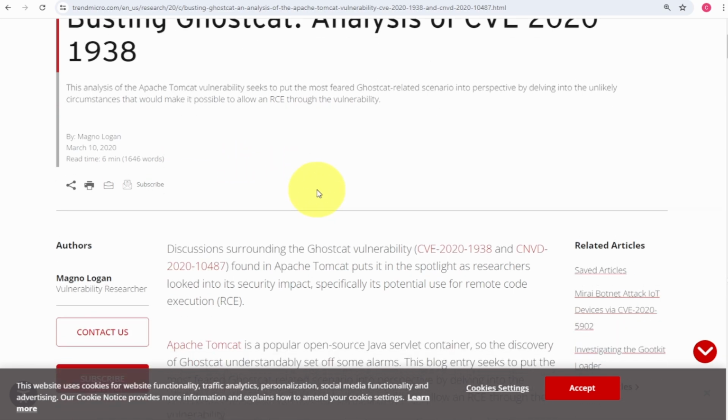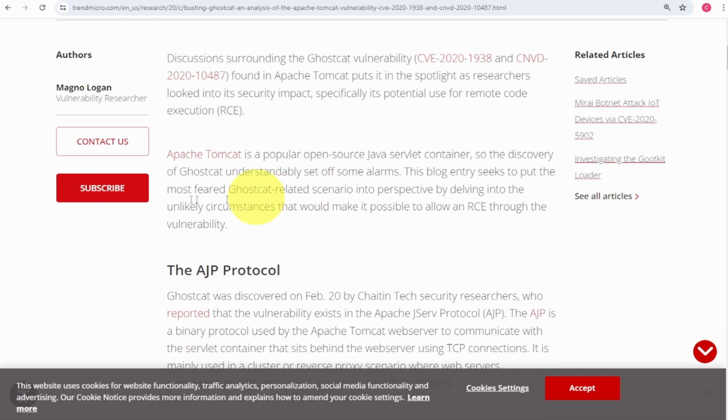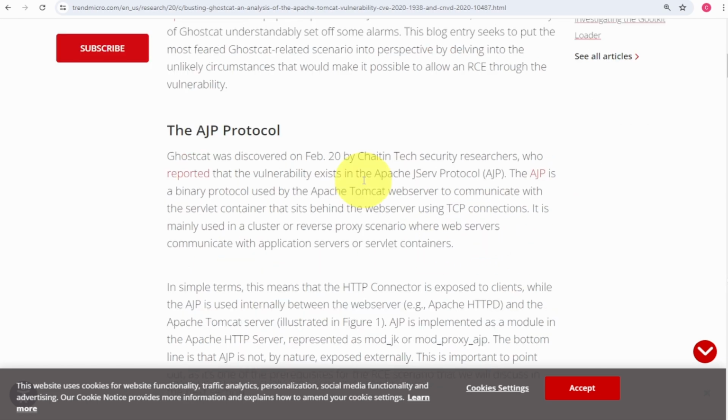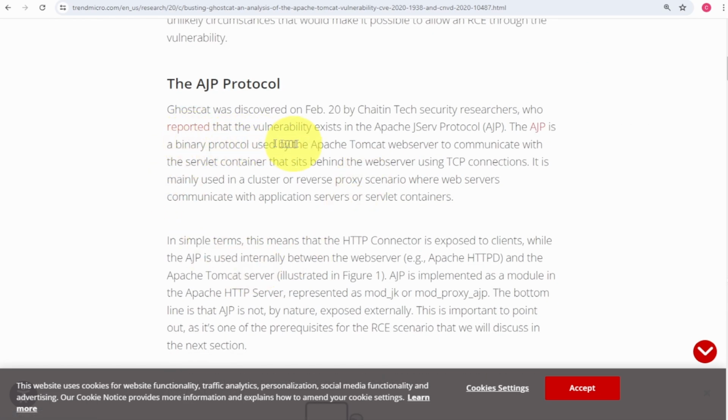Okay, so let's take a look. It says Apache Tomcat is a popular open source Java servlet container. So the discovery of GhostCat understandably sets off some alarms. This blog seeks to put the most feared GhostCat related scenario into perspective by delving into the unlikely circumstances that would make it possible to allow an RCE through the vulnerability. Okay, so it says here that GhostCat was discovered on February 20th, so in this case we're talking about 2020, by Chaitin Tech security researchers, who reported that a vulnerability exists in the